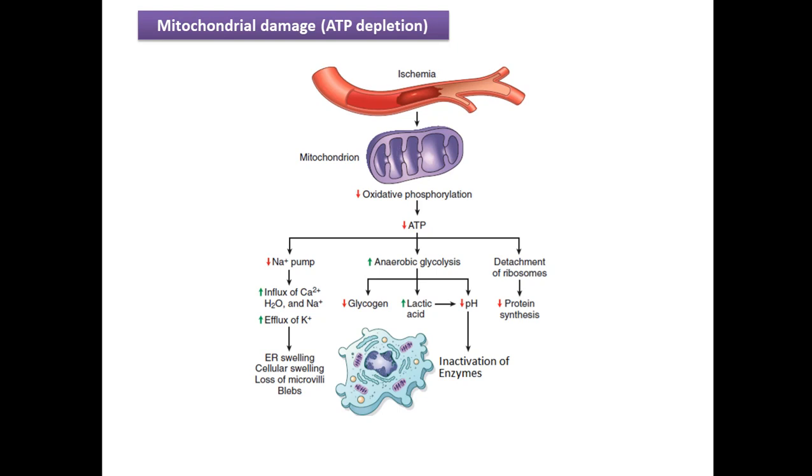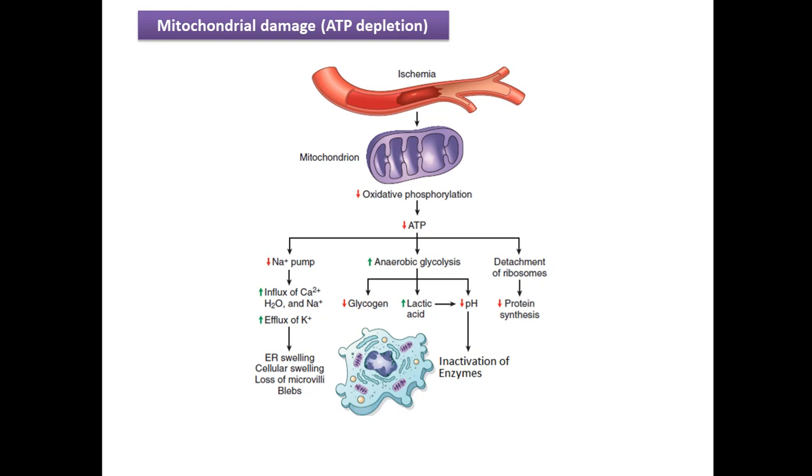We know that ATP is needed by the sodium pump that occurs through the cell membrane. So what happens when the sodium potassium ATPase pump is deranged? What will happen is that the concentration of sodium, which is put in an optimal condition